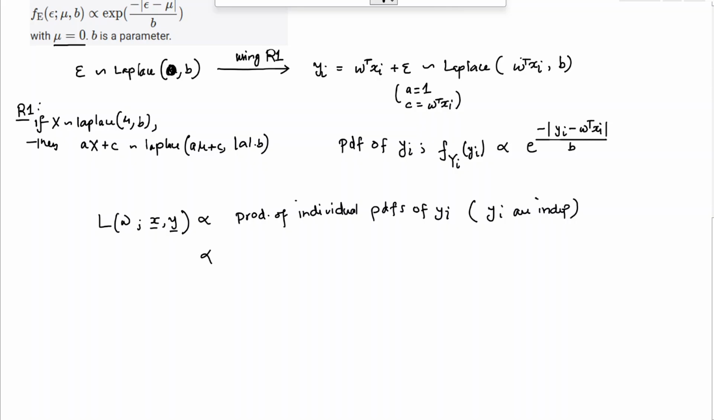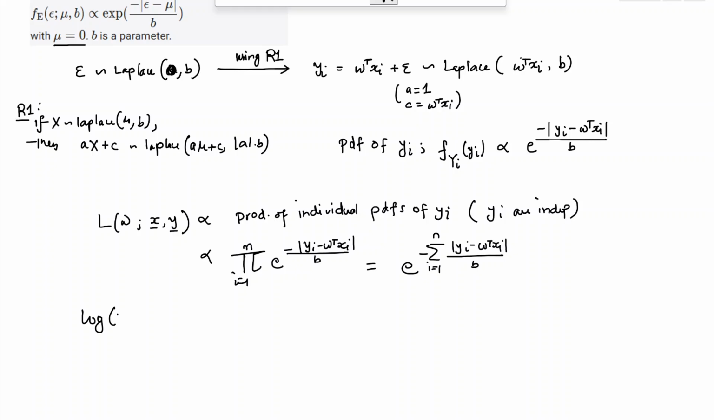Now this is proportional to the product, with i running from 1 to n, of e to the power minus (yi minus w transpose xi) by b. So we can write this as e to the power minus the summation of (yi minus w transpose xi) divided by b, with the sum i running from 1 to n. This is the likelihood, then the log likelihood would be proportional to